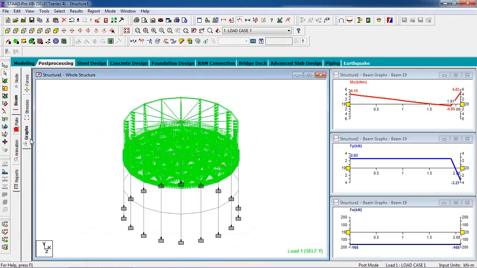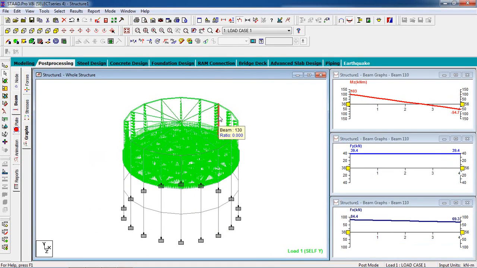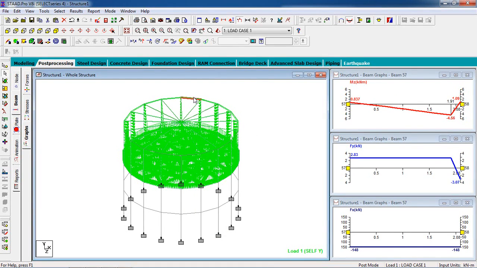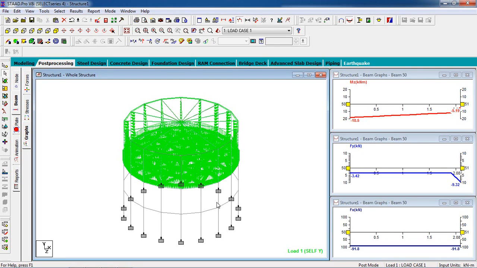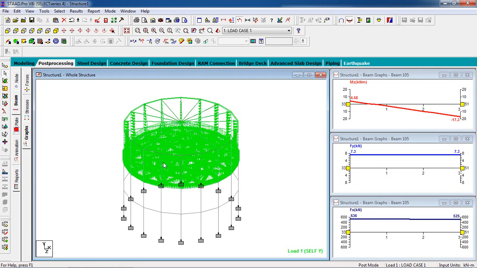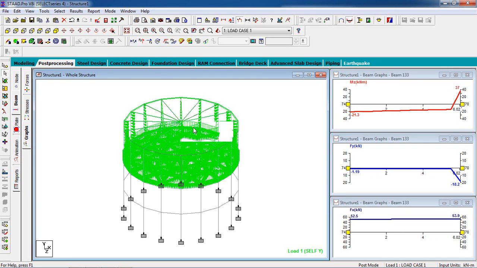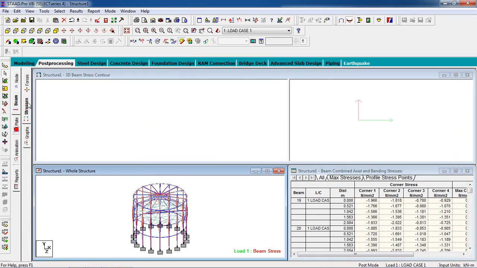You can go to the graphs, you can see the graph of the member for column, for beam, okay. And go to the stress,